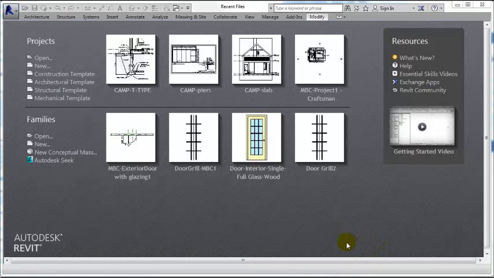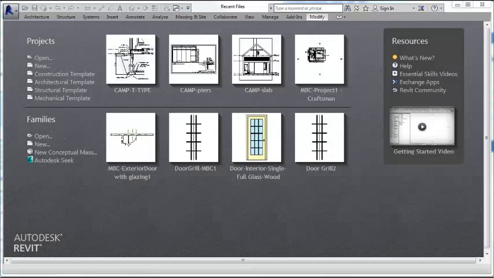I was asked this week how to create an option within a block that allows you to turn on or turn off a piece of the family. So I'm going to demonstrate how we can do that. I am able to do that successfully with something that actually lives in the family, but if it's an imported family,